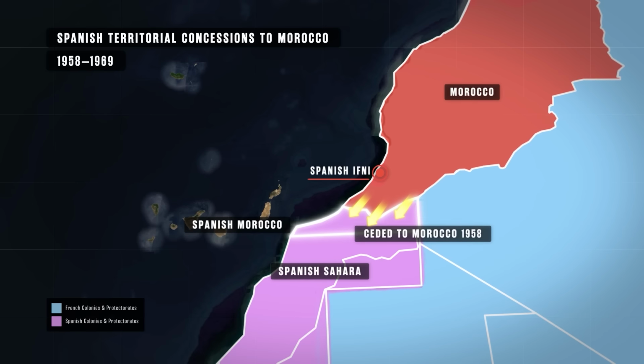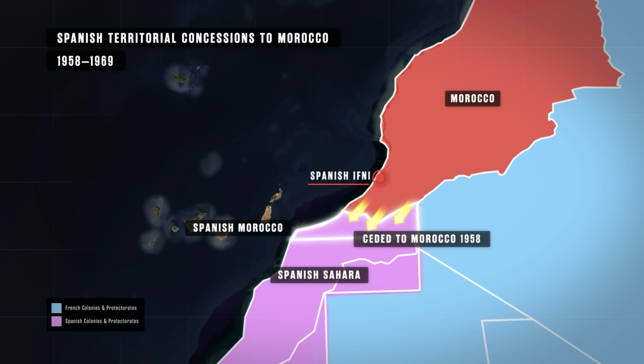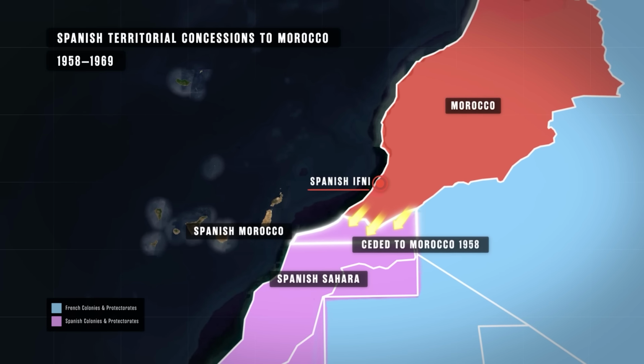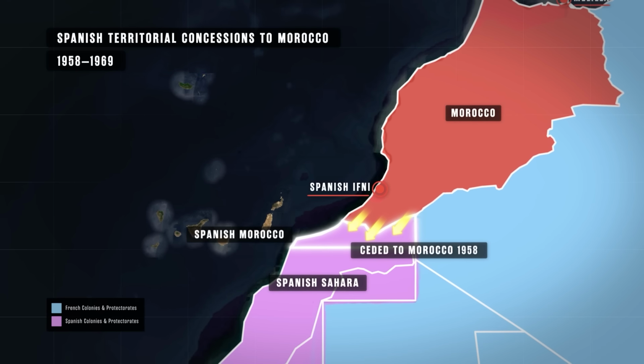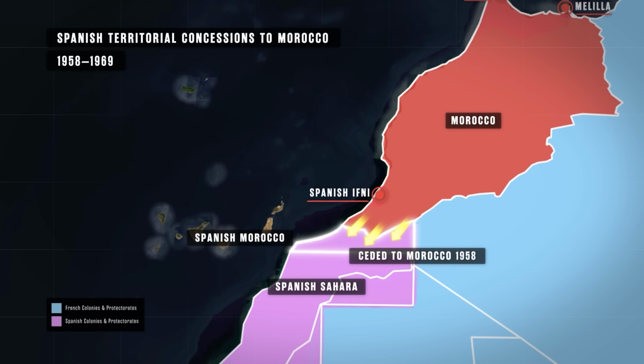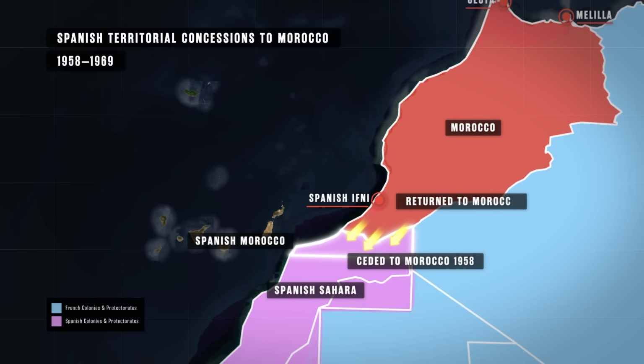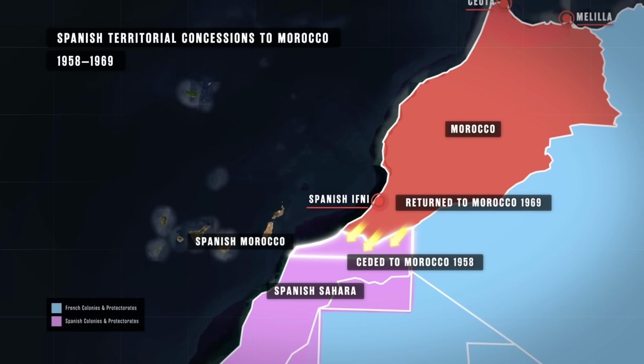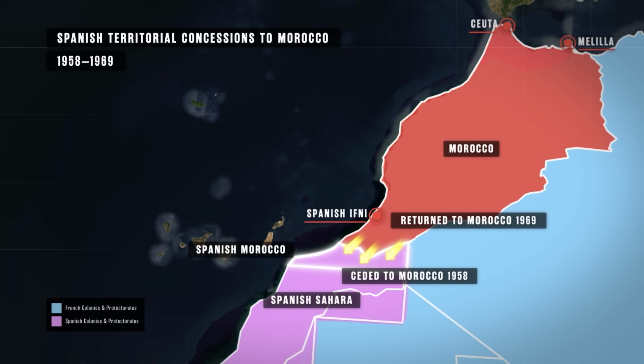the Moroccans in 1958. However, the Spanish still retained their colonial control over the city of Sidi Ifni within Morocco as an enclave for the next decade until 1969, when they finally returned it back to Morocco under relentless international pressure to do so. But they still retained their control over Spanish Sahara and the northern cities of Ceuta and